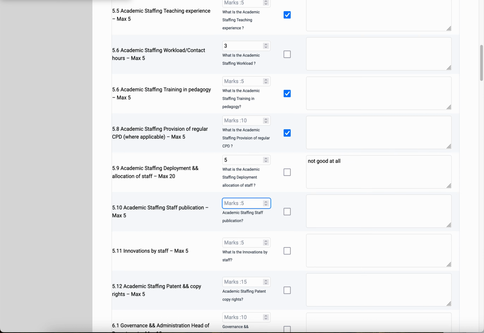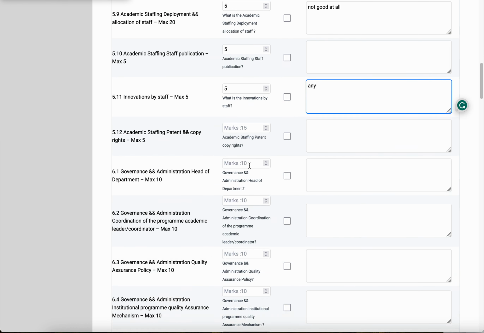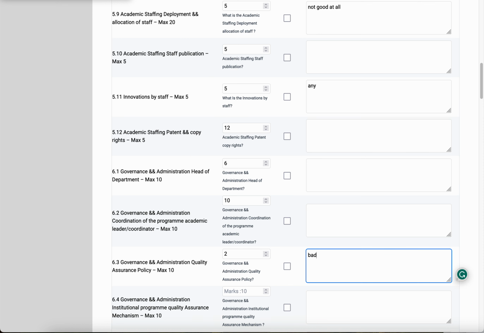Also bad marks can be there, 5, this one 5, any comment. This over 15 he got like 12, he got like 6. Comments are not a must, 2. Bad marks also